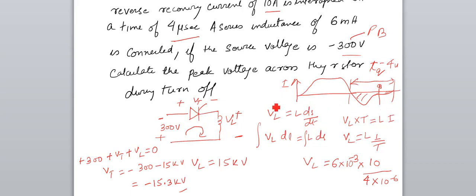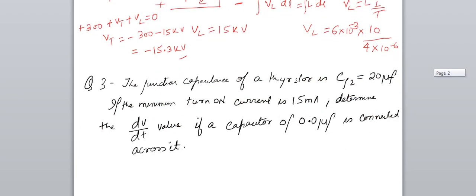This is a very huge voltage that is coming across your SCR, and it can be limited by using a snubber circuit. So this is one of the problems for you to discuss. Now one more problem I will discuss here, or better, you try it by yourself, it will be beneficial for you.